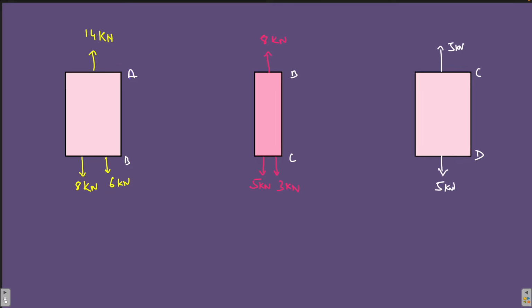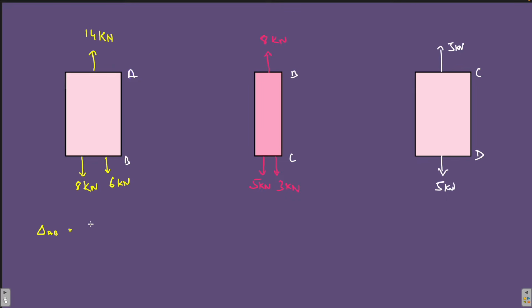Now once we have got the forces, it's very easy for us to find out the deflection of point D. How are we going to find out the deflection? Simply PL by AE, PL by AE. So let's find out what is the deflection or the elongation of the bar AB. So change in the length of bar AB, what is that? It is PL by AE.